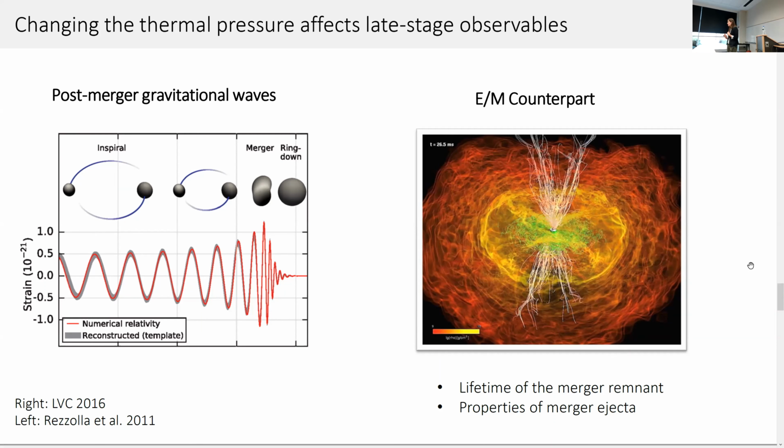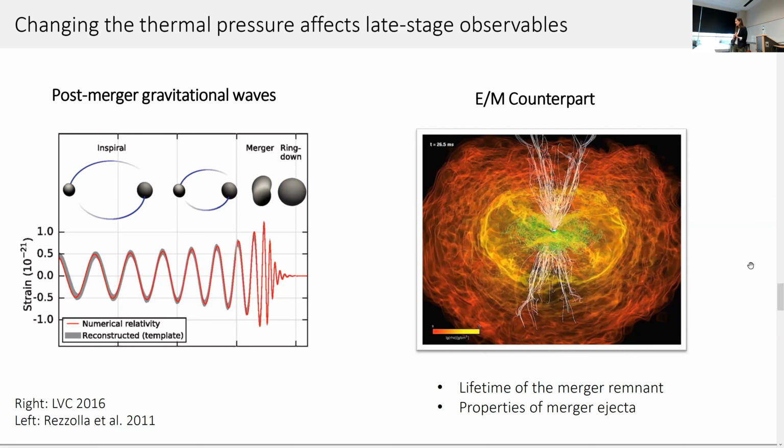Additionally, the shock heating in the late stages of the merger will also potentially affect the electromagnetic counterpart. So perhaps how long that remnant can survive, what its lifetime is, will be affected if you have more thermal support that can help it survive for longer. How much matter is ejected is going to affect both the strength and duration of the electromagnetic counterpart, and is also going to affect things like r-process yields, for how much matter is available to undergo the r-process